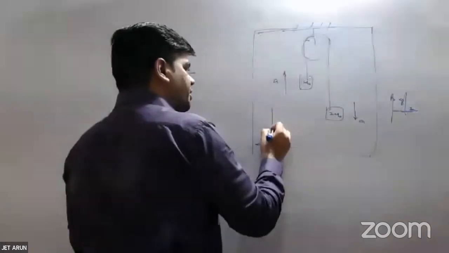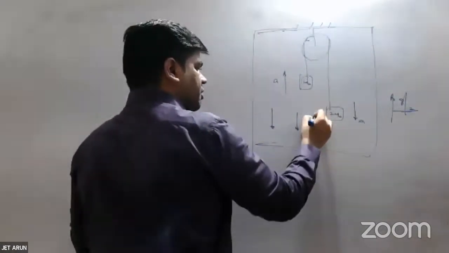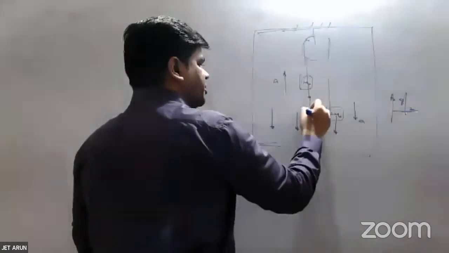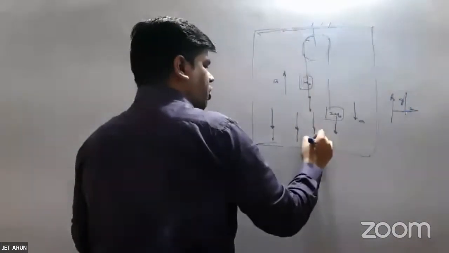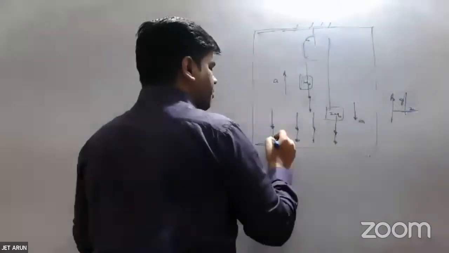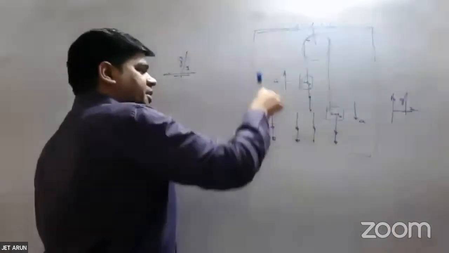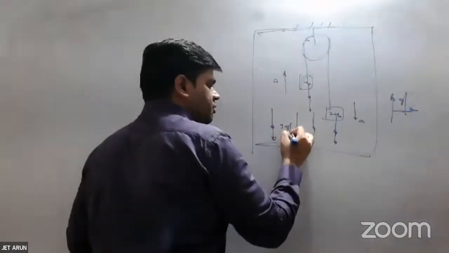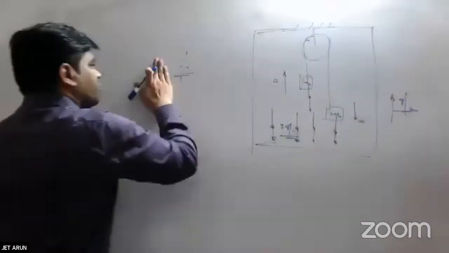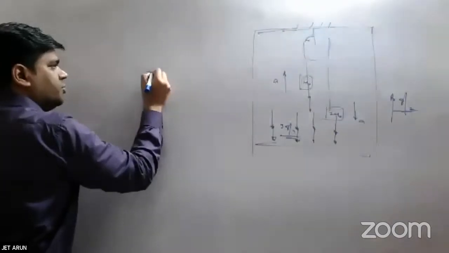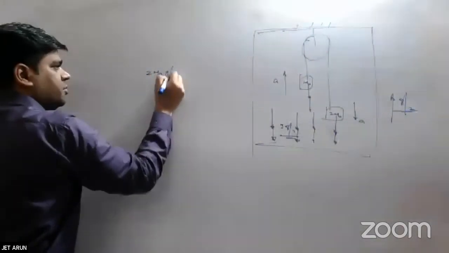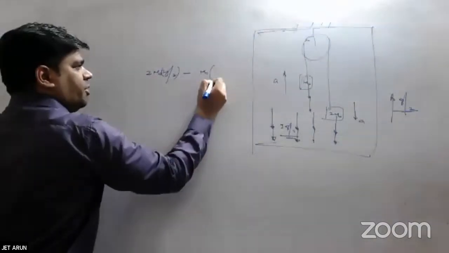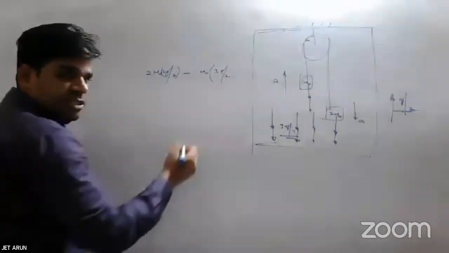In addition to g field, I've got additional g by 2 here, opposite to the direction of acceleration of the reference frame, that's downward, that's parallel with g. So net g effective is 3g by 2. Right? So I'll have 2m naught 3g by 2 minus m naught 3g by 2